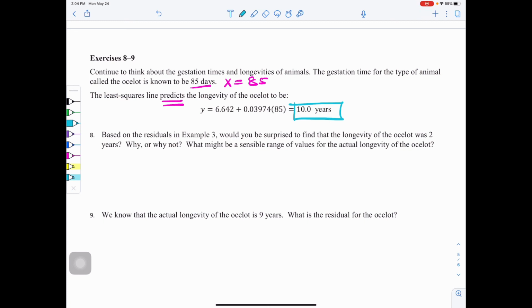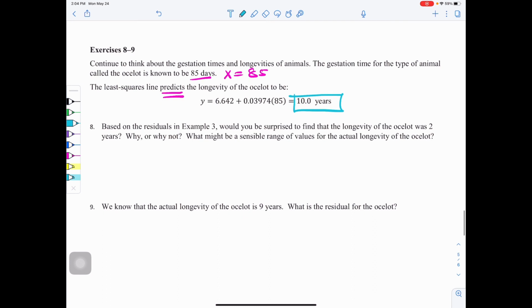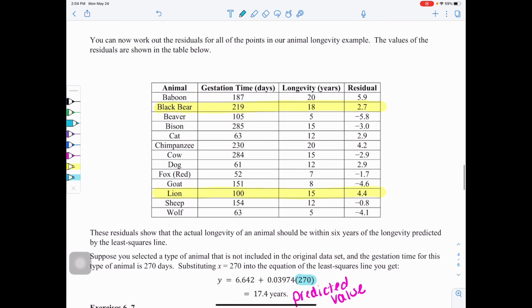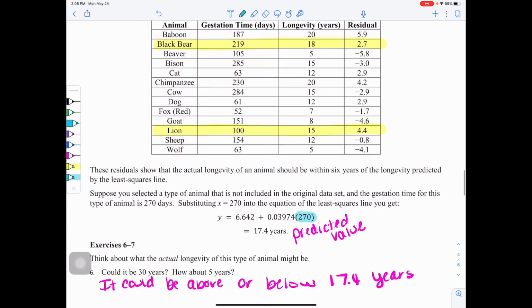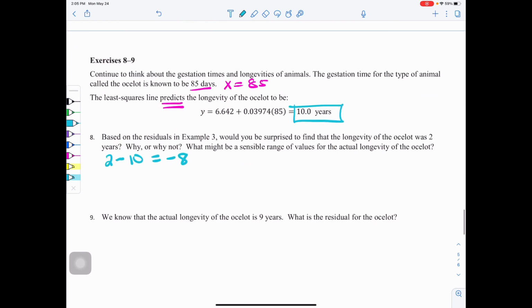So let's think about this. Remember, if we want to find the residual, we're going to take the actual, which for us now we know is 2, and we're going to subtract the predicted, which is 10. That's giving us a negative 8. So if we go back and actually look at example 3 and we look at the types of residuals we have, remember, we don't have any residual that's less than negative 5.8. So this just gave us negative 8. So I would be surprised because it's not in line with the rest of the residuals that we have for our data. So here, I would say I would be surprised